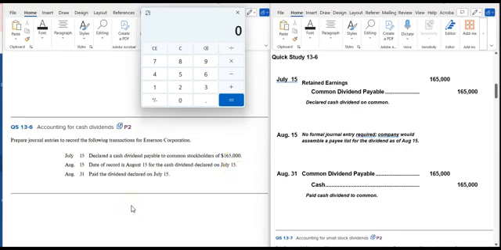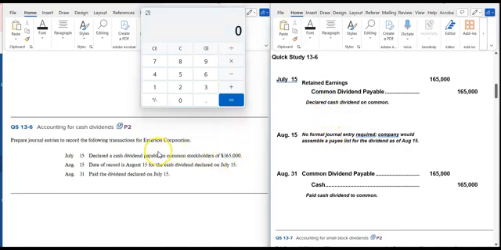Three important dates associated with dividends. The first is the date of declaration. July 15th is the date they identified or declared a dividend will be paid. As soon as the board of directors declares they will be paying a dividend, there is an obligation. Thus, we need to record a liability in the general ledger. The amount of that dividend in total,